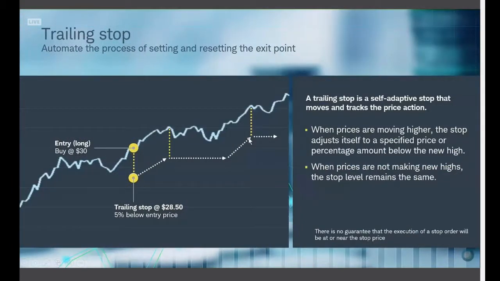And you notice here, my friends, this is utilizing both pillars of successful trading. Number one, it's limiting your losses. If it pulls back by 5% from any high price, you're going to get out, thus limiting your losses. But it's also allowing your winners to run because it's a continuation movement that you're just limiting the losses from. So you're not picking a high point and saying, get out here. You're saying, just go as long as you want. Only get out if you fall from a high point by 5%. So that's a trailing stop. I really like this. It's an automated way to use the two pillars of successful trading.